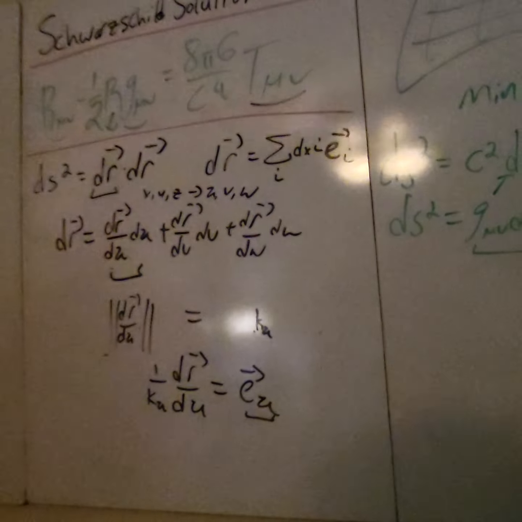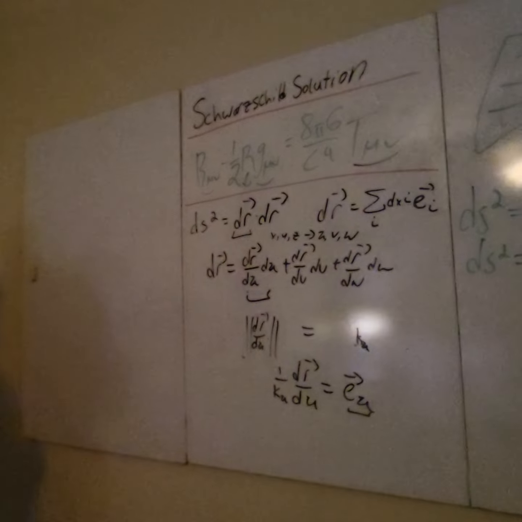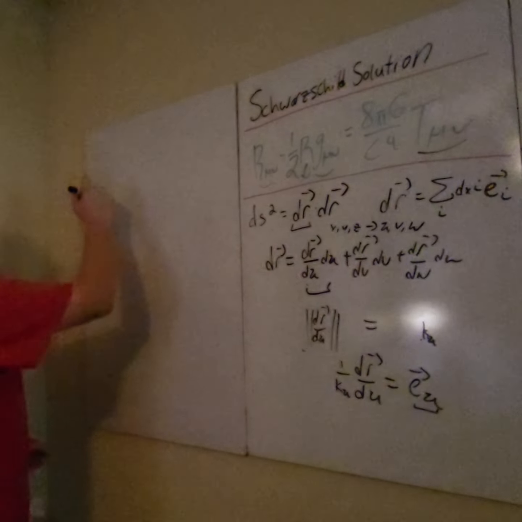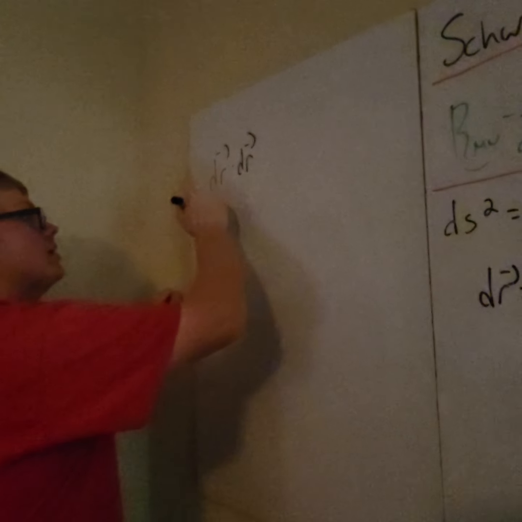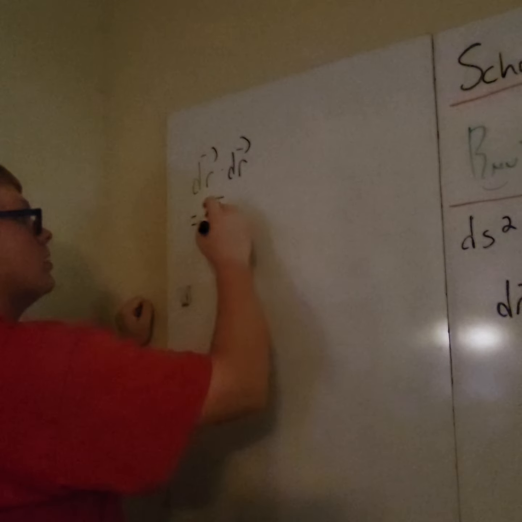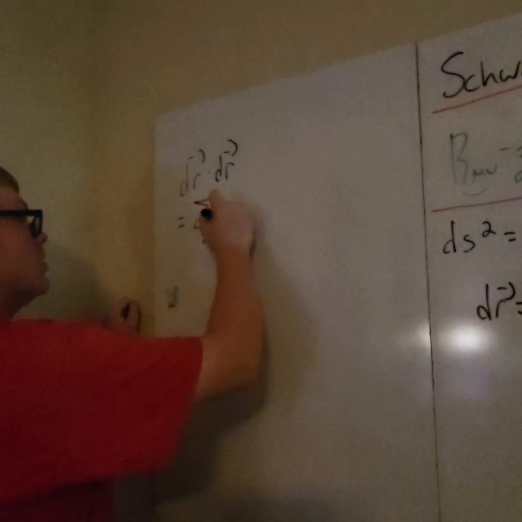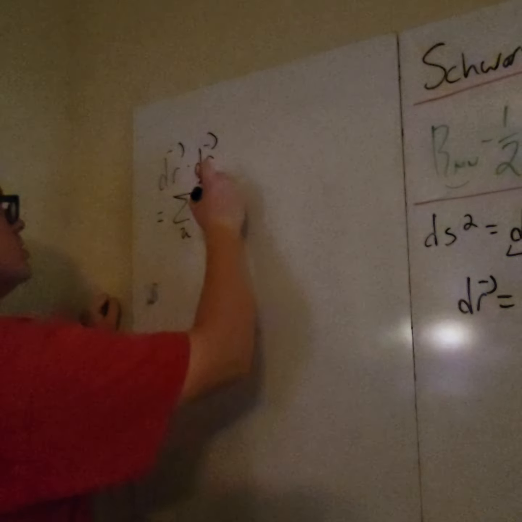And k sub u is equal to that. Alright, so when we calculate our line element, equals k sub u